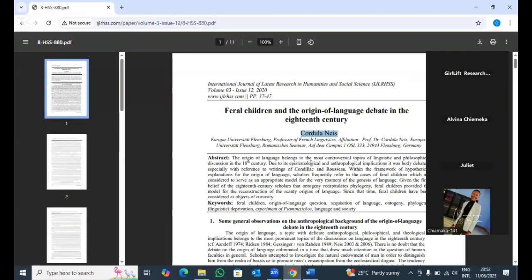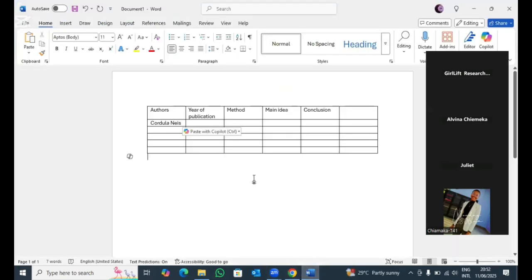The year of publication is when? So this is where we see the year of publication, 2020. Now you'll be asking yourself, why do I need to take the year of publication? It also matters for the literature review, so that you'll not be comparing an article that was written back before now, maybe in 2015, with an article written last year. So when there are different views, you could say